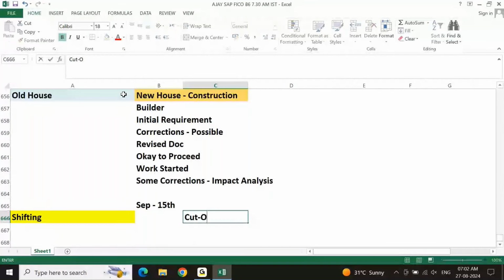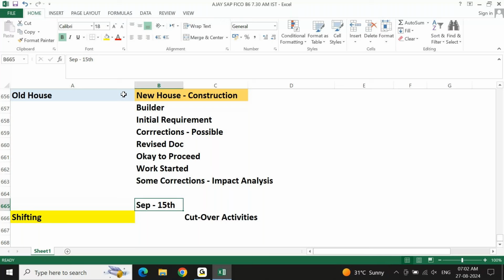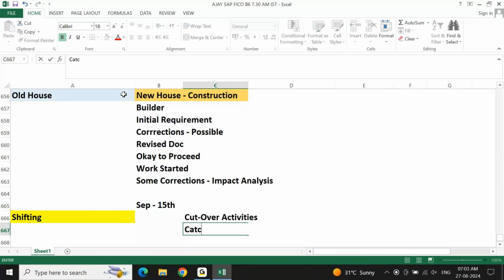cutover activities. Now, when it comes to shifting, not everything you can shift on 15th September. Only important, mandatory things you will shift. There are certain things which you can shift even after 15th September, meaning after your ceremony. It is not that full shifting is completed within the 15th. That is not going to happen. Because many guests will come, I don't want to put everything in the house so that it becomes congested. For different reasons, certain things you will shift after your ceremony, after your function, because you still have time. Those things you do after your function are called catchover activities.